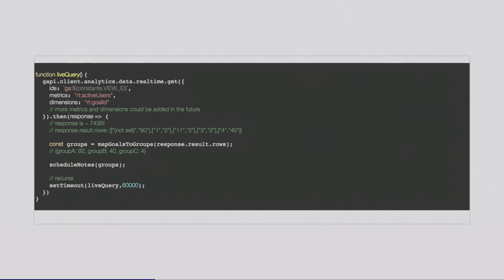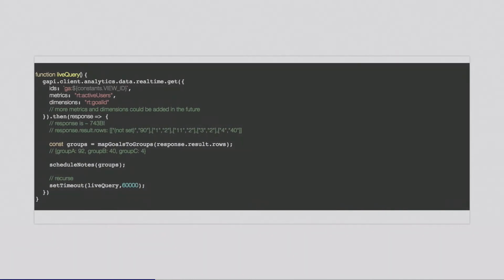So I've reproduced the important part of the response there. It's this array of pairs that map the ID of the goal that's being met to the number of users who are currently meeting that goal. And so all I do is run it through this function to map it to the 3 groups represented by the 3 instruments, according to the user's selections in those radio buttons we saw a minute ago. And then we take that object and send it into the scheduler, which is the main part that's composing the piece, if you want to say it that way. And then, of course, the last thing we do is to set a timeout to run this function again a minute from now.